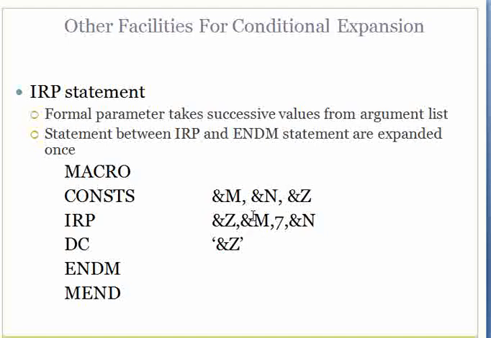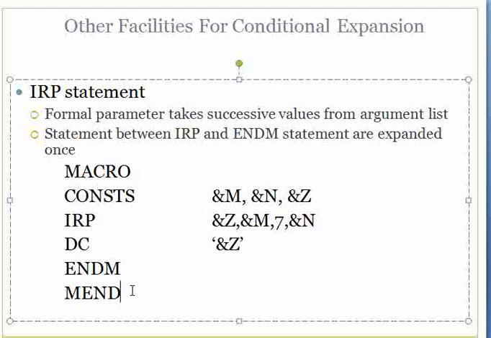That means when we do an expansion, suppose I make a macro call like CONSTS, and I write A, and I write B, and I write C. First it will declare a constant, it will declare this constant Z, so it will first declare A. It will declare a constant Z, which is represented by this C, because it is saying that you please declare a constant which is represented by the actual value for Z.